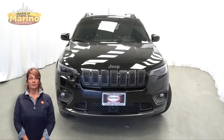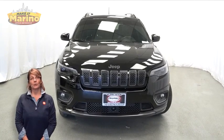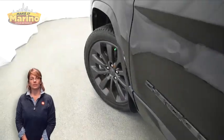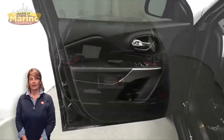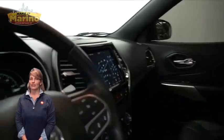Looking for a highly equipped SUV with all the right options and reliability? We'll take a look at this 2021 Jeep Cherokee High Altitude in Diamond Black Crystal Pearl. With acoustic windshield, blind spot and crosspath detection, 19-inch aluminum wheels, tow package, heated front seats, heated steering wheel, 20,000 miles on the odometer,